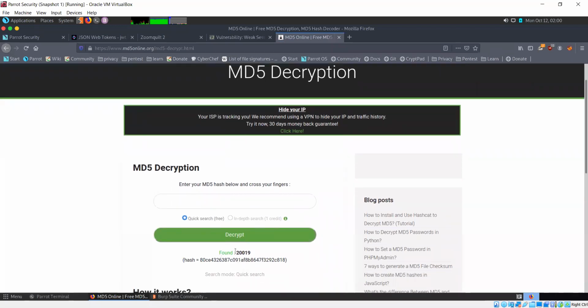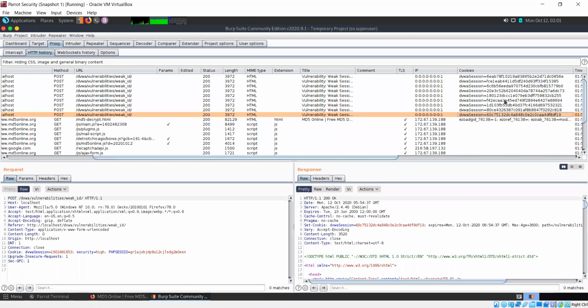And for the previous one, it says that the value is 20,019. So 20,020 and 20,019. Was this 19 one before this? So